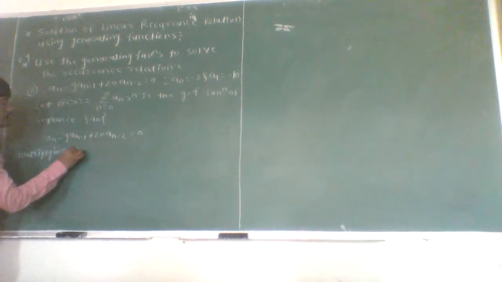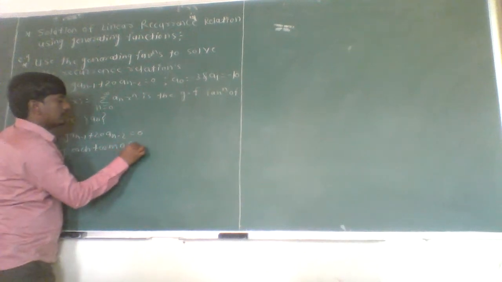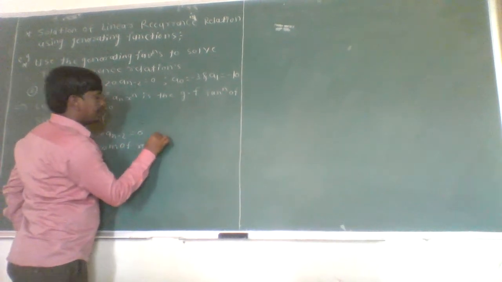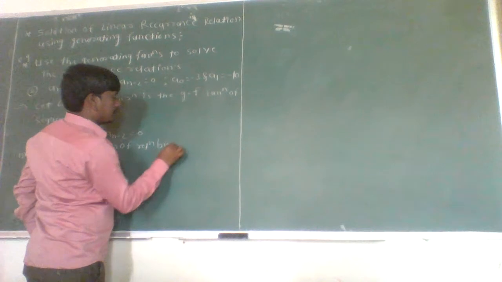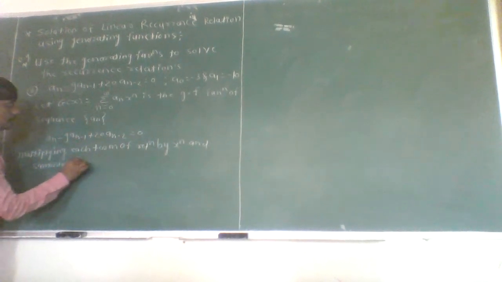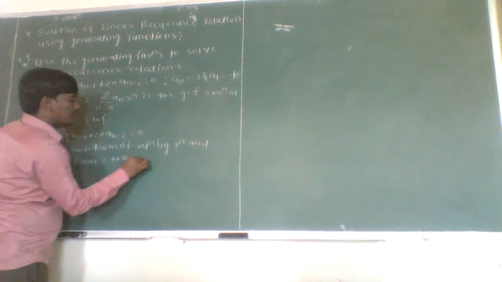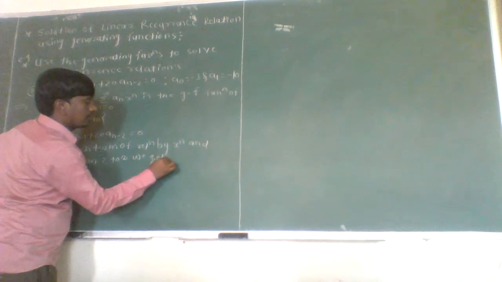Now again, multiplying each term of the relation by x to the power n and summing from 2 to infinity, we get